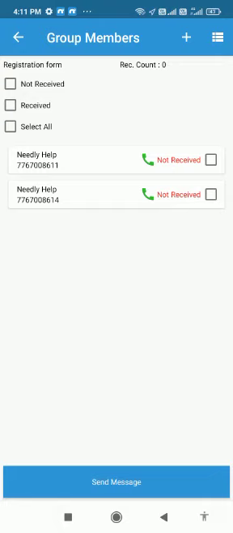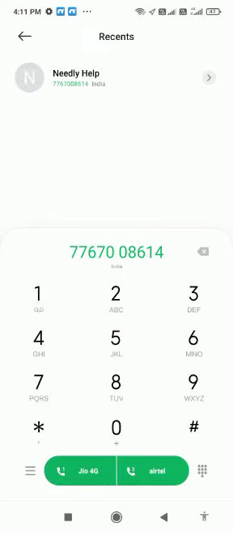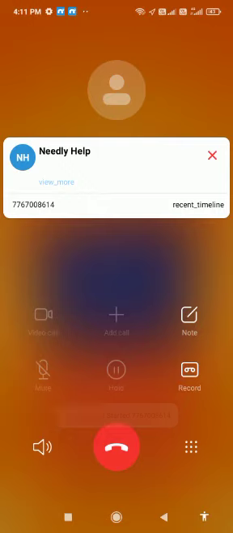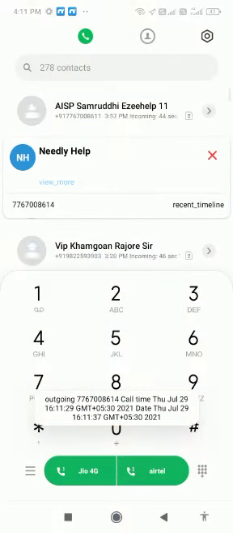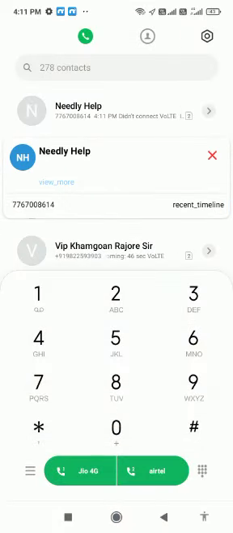Now I click on call button. For this we need permission of active caller ID from you. Thank you.